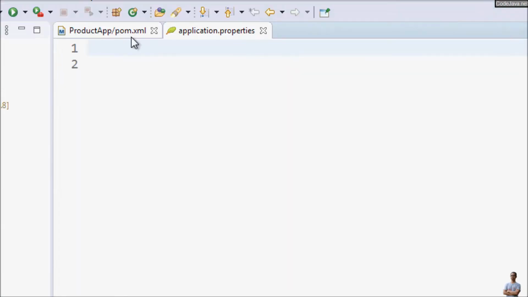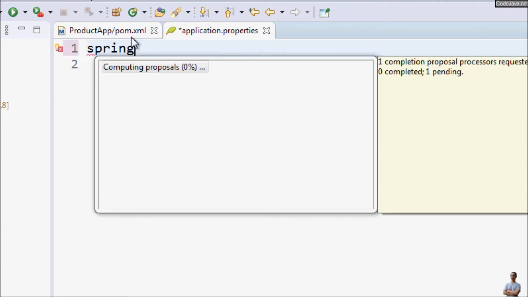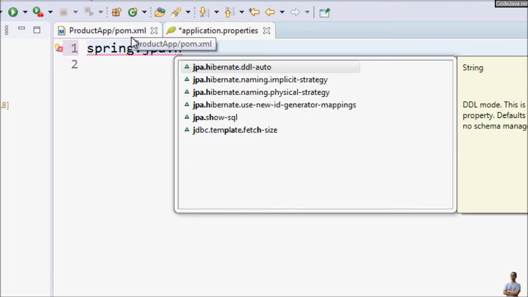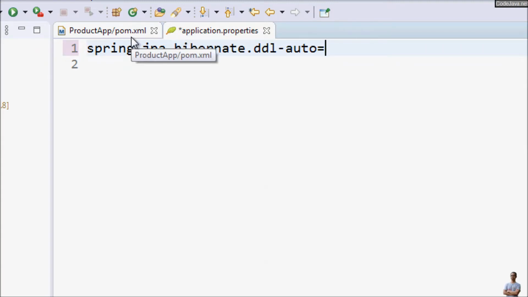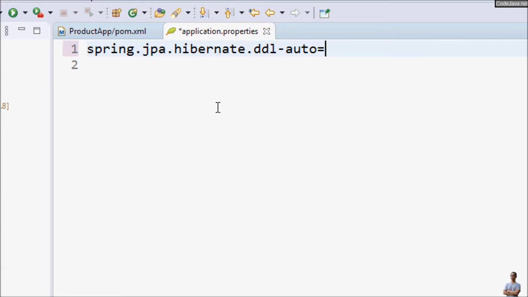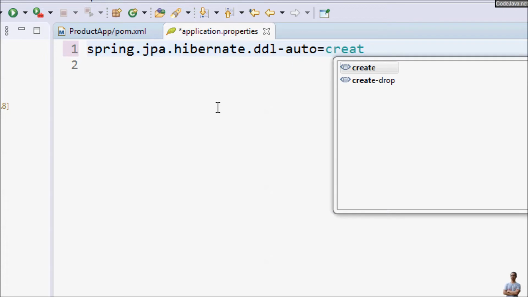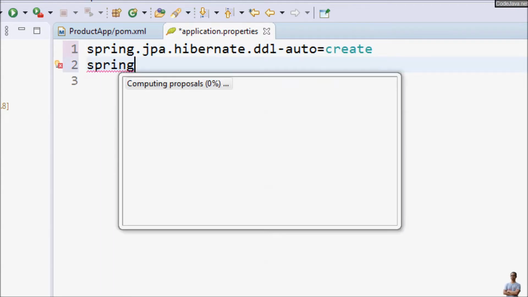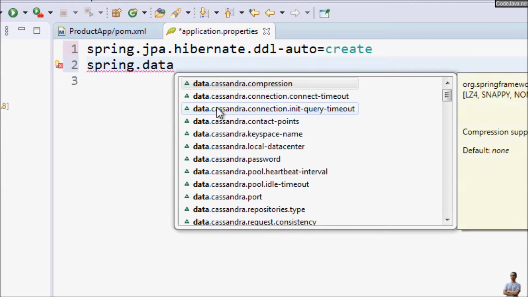And to use Spring Data JPA with Hibernate framework, we need to specify the property spring.jpa.hibernate.ddl-auto to specify that Hibernate will create the database upon startup of the application. Create, and then we specify the database connection information: spring.datasource